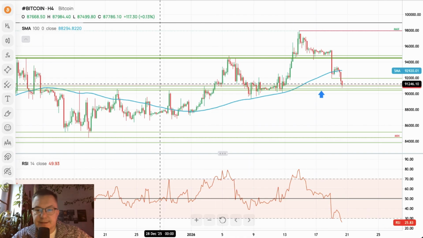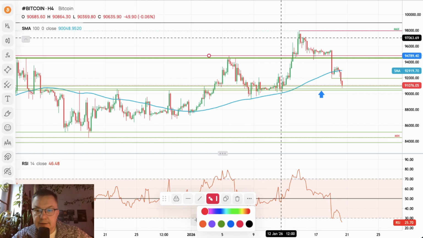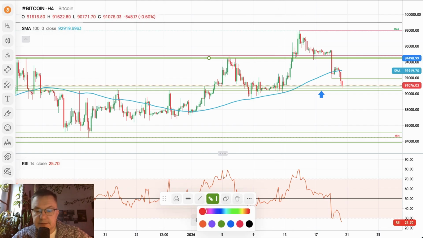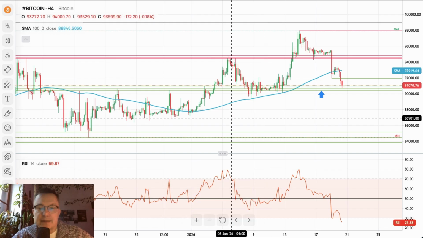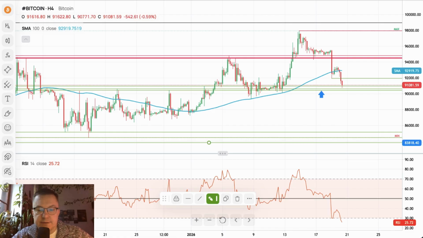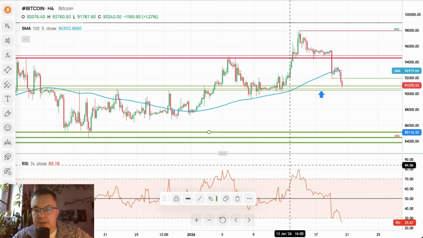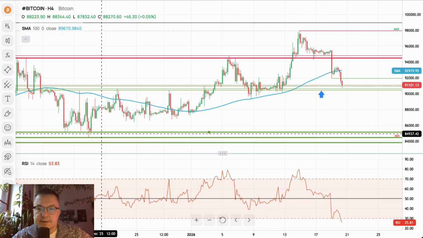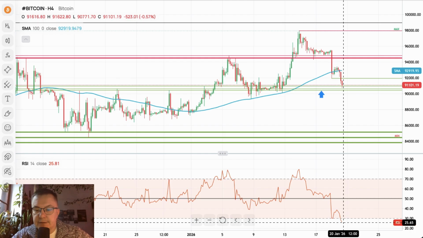So we are back inside the same consolidation that we used to be in before. This is like the end of the year Christmas consolidation, and this is the top of the consolidation. Let me just make these lines a little bit thicker so you can see what the low is, because right now we are in the middle of this consolidation, right? So that's not the end of the world yet, but the bearish pressure is very, very strong. This is the consolidation low and the technical support level, and this is the extremely oversold conditions.